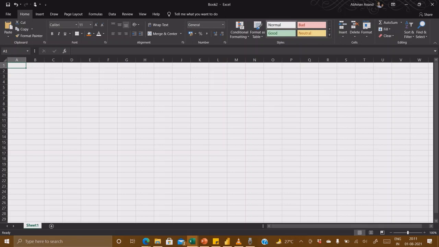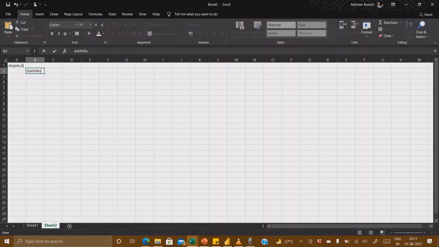Let me give you an example. Let's type anything. Let's type anything again. Let's create one more sheet and again type anything. Now we have two sheets, right?